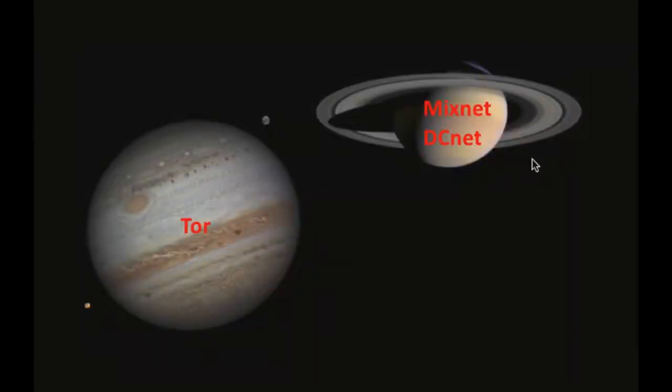So if we compare the literature size of different anonymity protocols to astronomical bodies, I would say the literature size of Tor-related work is like Jupiter, and traffic analysis resistant related work is comparable to Saturn. And where is the lightweight anonymity protocol? Well, somewhere there. There's a star, believe me. But what I try to say is, the size should be big, but you just cannot see it